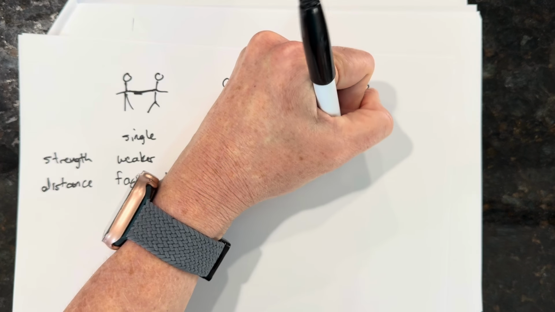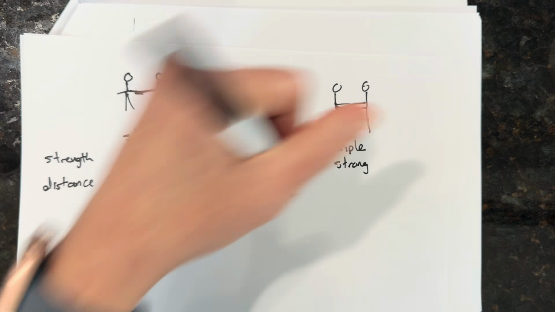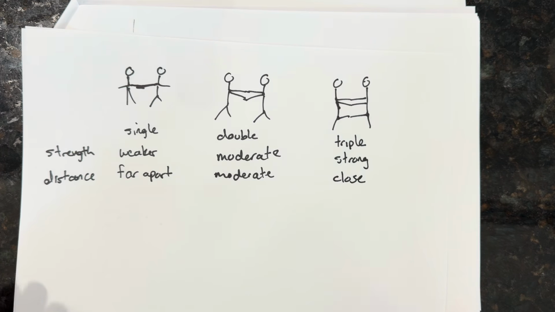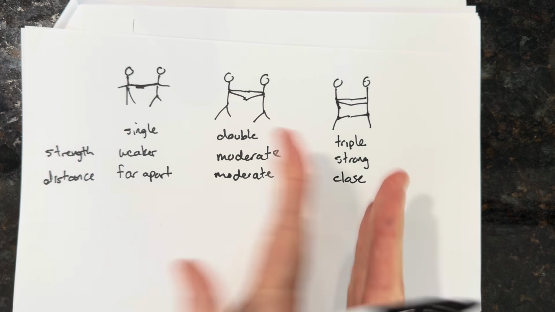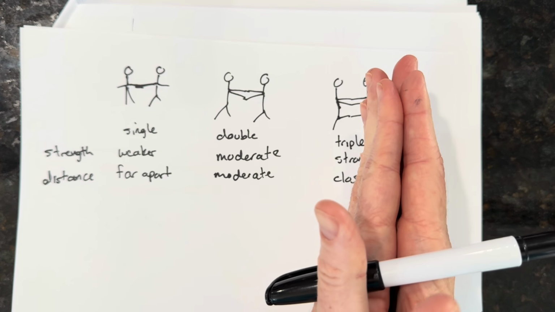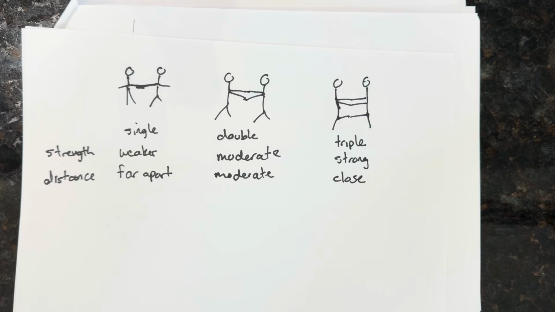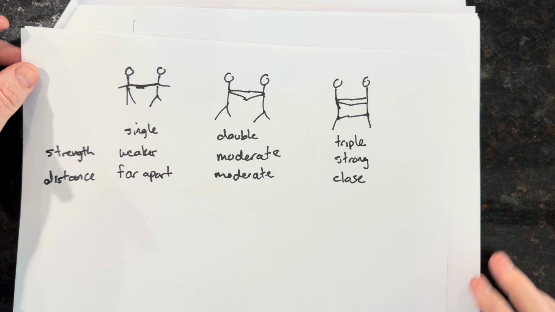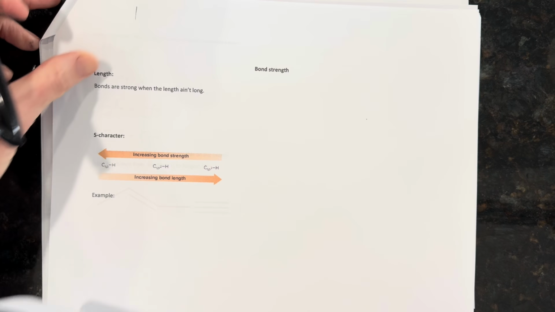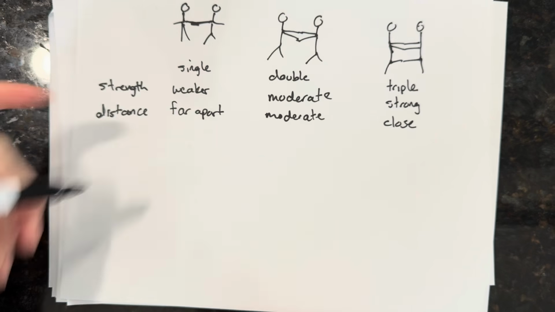Its strength is strong. It's much stronger. And its distance is close. Okay, so the shorter the distance, the stronger they are. And triple bonds are the strongest in terms of the distance, and single bonds are the weakest because they're far apart. Okay, so it's easier to break something that's all stretchy and long. Okay, so we also should recognize that something with a single bond,